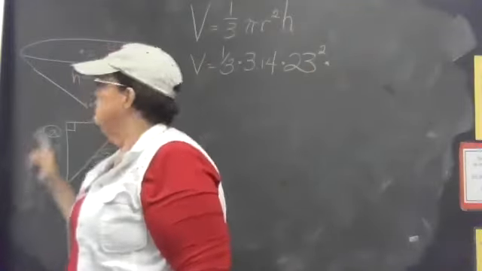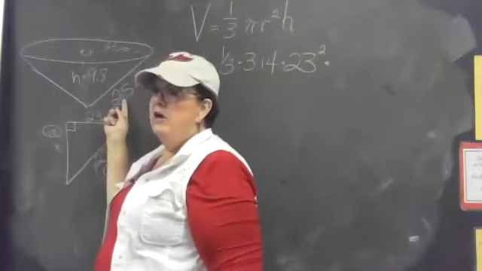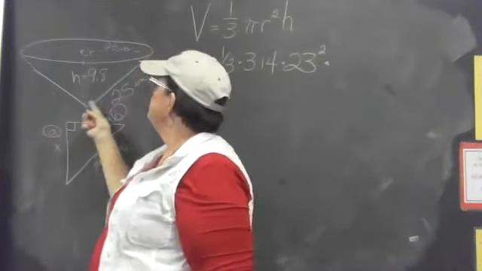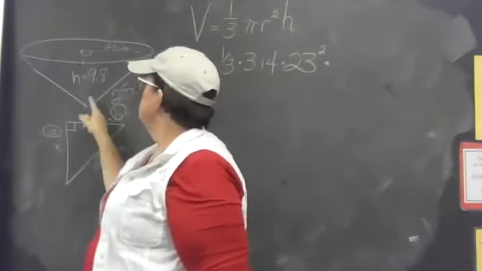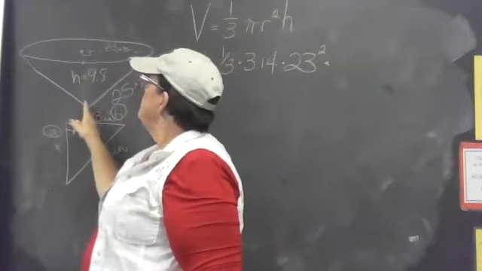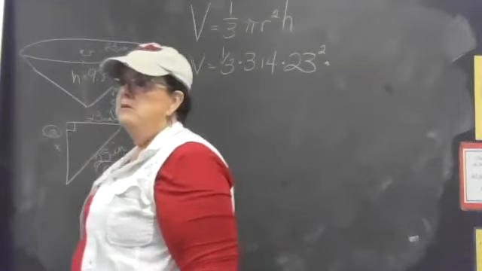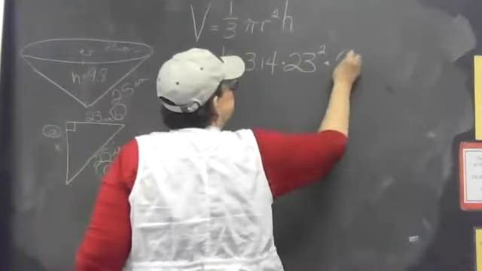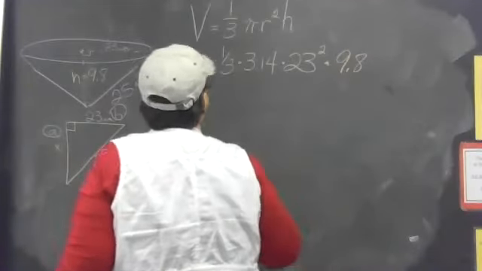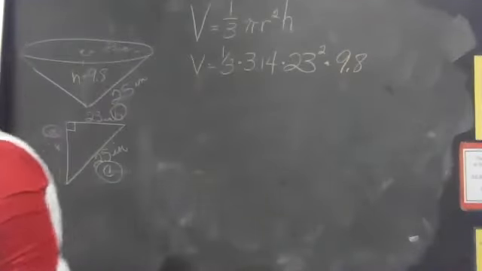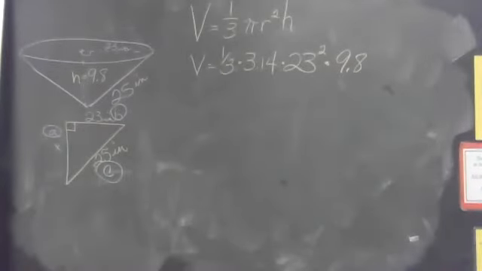Don't get trapped and put 25 for the height. This is called the slant height. It's not perpendicular to the base. But now we have found out what the height is. It's 9.8. So what's the shortcut? Okay, do this in your calculator and you should come pretty close to,